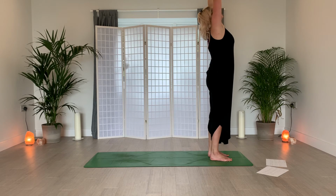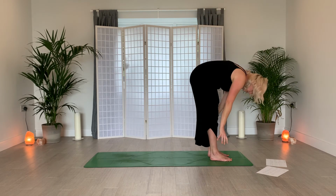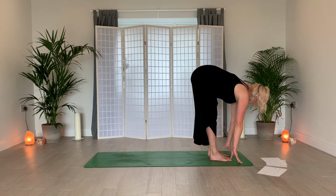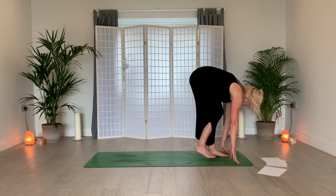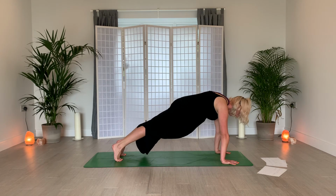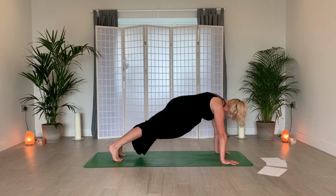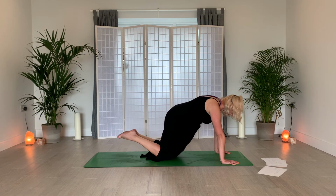Inhale the arms up above the head, exhaling, folding down. Inhale, lift and lengthen. Exhale, fold, stepping back. Into plank position, holding here, a couple of breaths, feeling the strength, feeling the warmth in your body that you've generated, pulling that belly in, dropping the knees down, pushing back